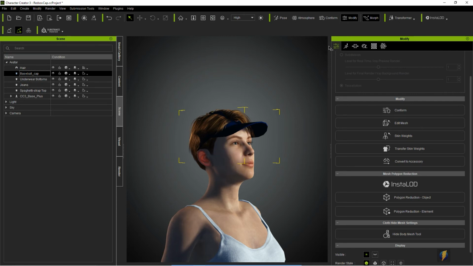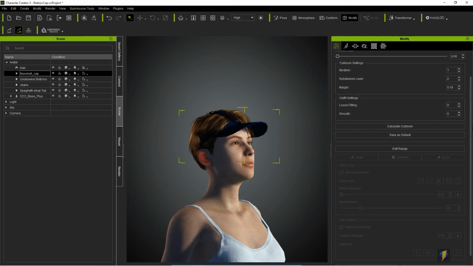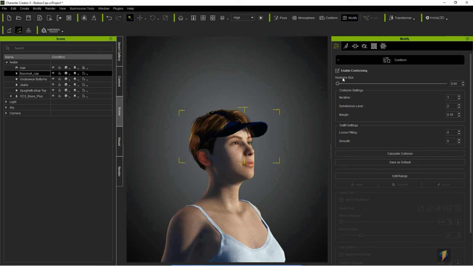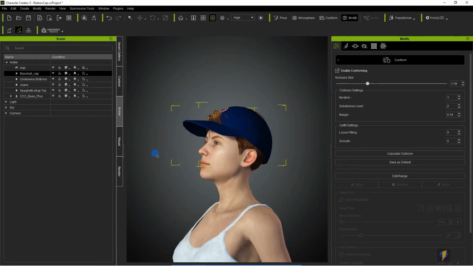And I'll go back to the Modify, Adjustments, and I'll click on Conform. Here there is an option for Increase Size. Which will allow us to make adjustments to the hat so that it can fit